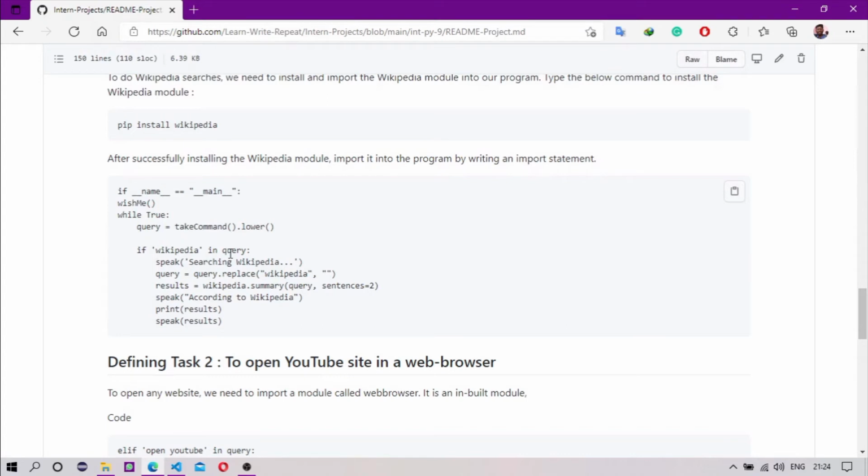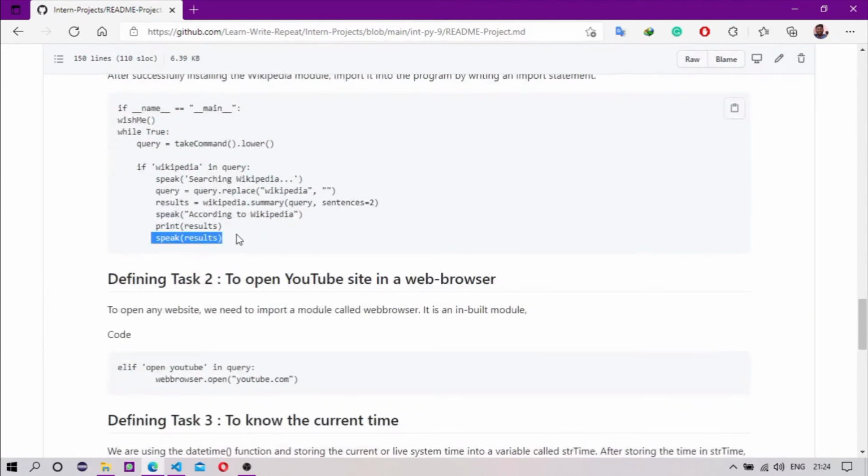If anyone says Wikipedia, then we speak searching Wikipedia, then query replace Wikipedia and result equals wikipedia.summary. This is a command in Wikipedia, and then speak and also print.